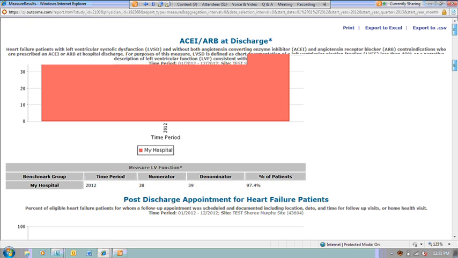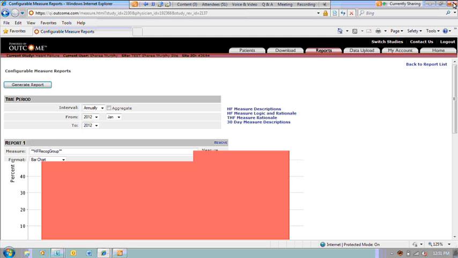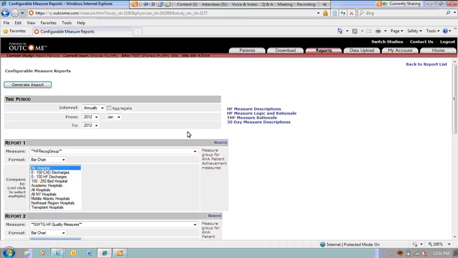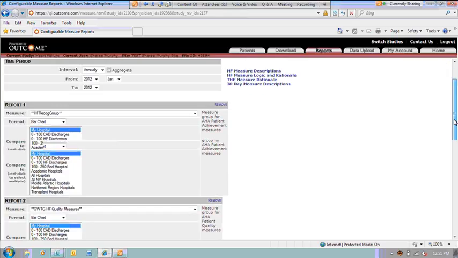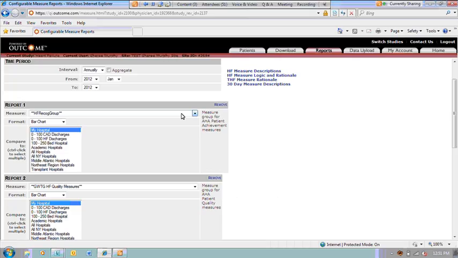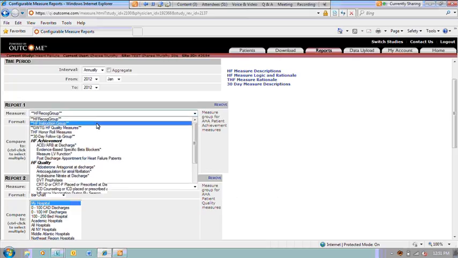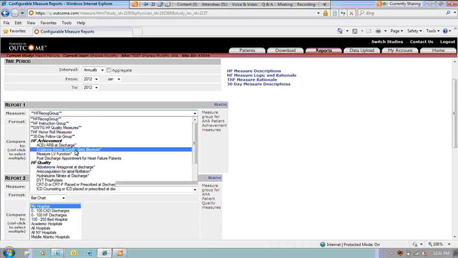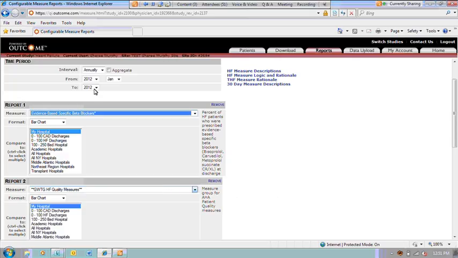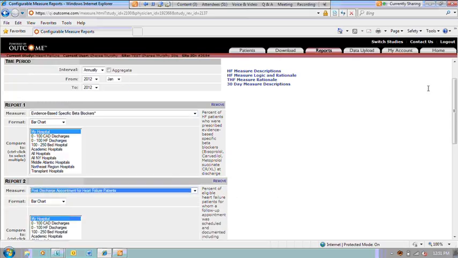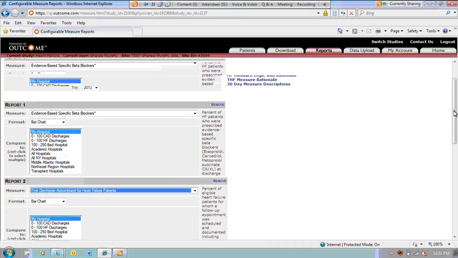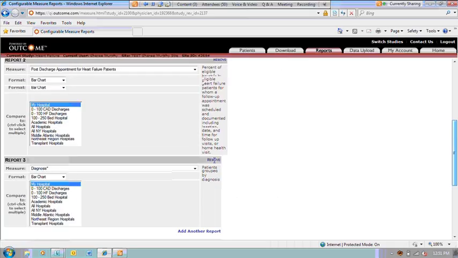So, again, we're going to do the same thing. Instead of running the bar chart, and we know what we want to look at, we need to look at our evidence-based beta blocker. We need to look at our post-discharge appointment for heart failure. And you know what? We need to look at pretty much all of the quality measures.